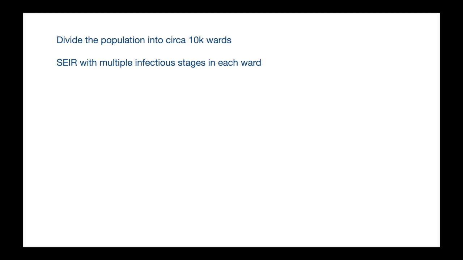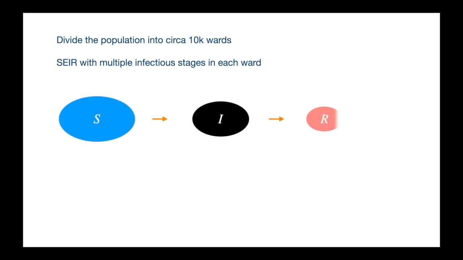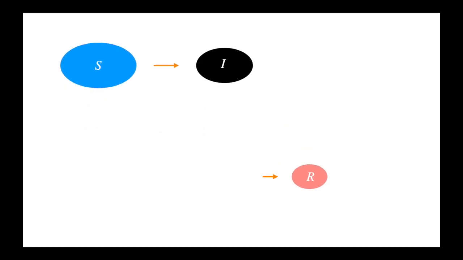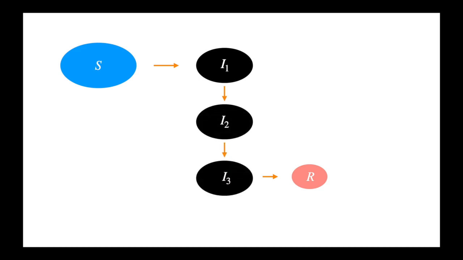To see how it compares to what we saw before, let's quickly draw the SIR model. And we have the per capita contact rate between S and I, and then the recovery rate, gamma. They assume multiple infectious stages, so there are multiple I's now. Each of the infective compartments can infect the susceptibles, but at different rates, so we have a different beta associated